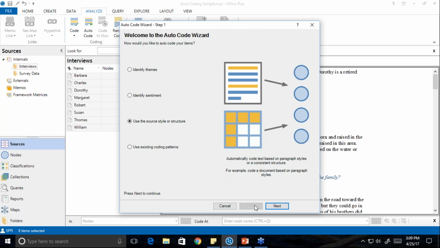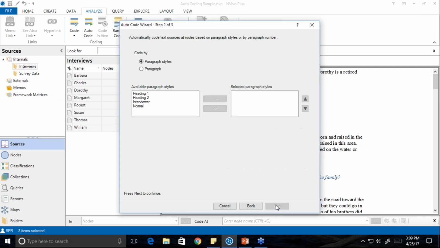In this case, I'm going to use source style or structure. I can use the paragraph styles, and by the way, you also can use the paragraphs. It will number so that it'll take paragraph 1 from every document and put it in a node, paragraph 2. Typically, I prefer to use the paragraph styles. It gives me a little bit more control over exactly what I'm going to start putting into the nodes that